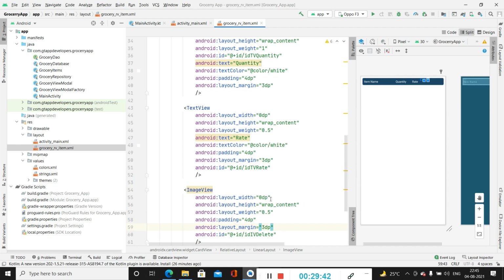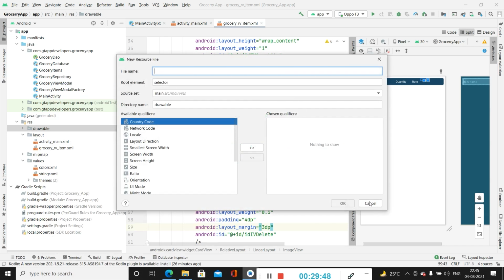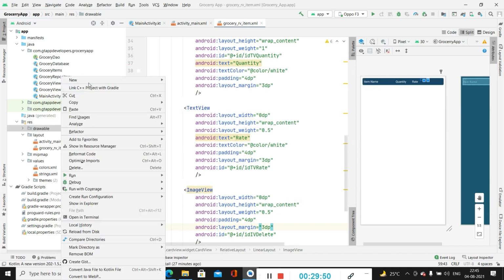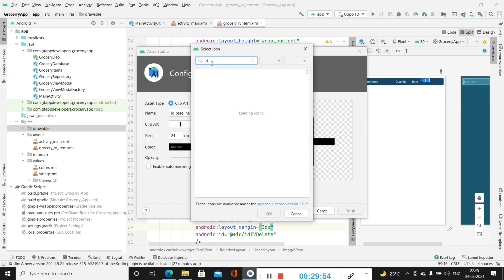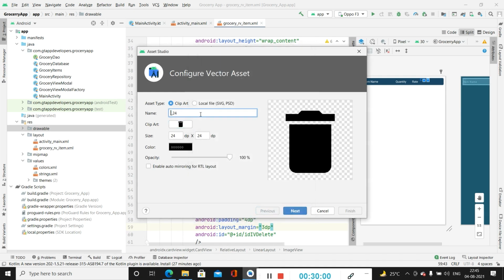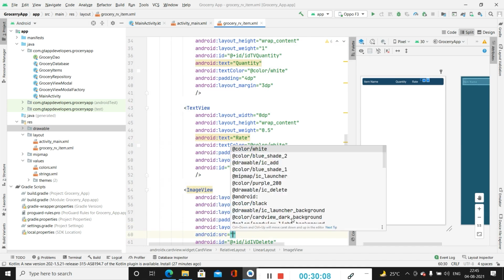Now for adding the image icon, we will go to our drawable, right click New. Instead of drawable resource file, we have to add the vector asset. So we'll go to vector assets, and here we will search for delete. So we'll be using this one. Here we will be specifying source.